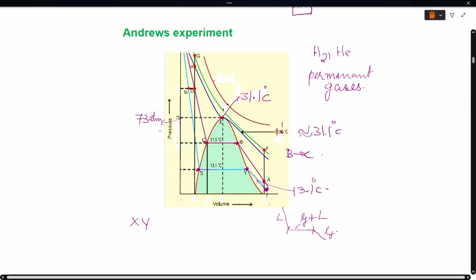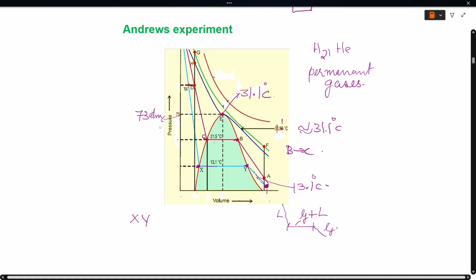You don't have that, where some of the gas is liquefied and half of it is remaining in the gaseous state or something of that sort. Okay. So, without discontinuity you will get the sudden transformation of gaseous state into liquid state. Okay. Now, when we watch this, one thing we can note is